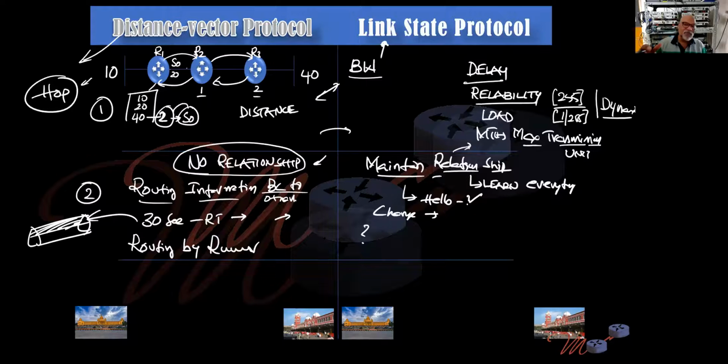How exactly it works, we will learn it. That's a different story. We are trying to understand the main difference between these two protocols. One takes distance, another doesn't take distance. One doesn't bother about others, just simply sends the information. Another one maintains a relationship, and once in a few seconds, I'll tell you how many, sends a hello packet. Hello, how are you? Everything is fine. When there is a change, hey, this is newly added and all that. That's how these things work. Systems will behave like human beings. That's what I've been telling you from the beginning.